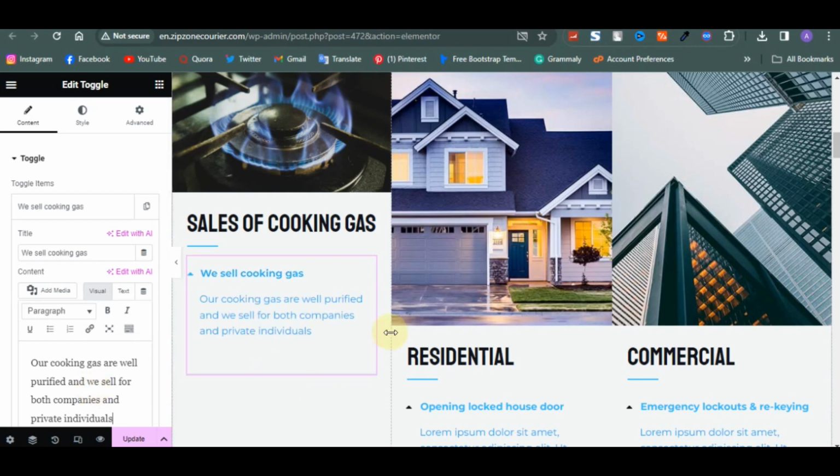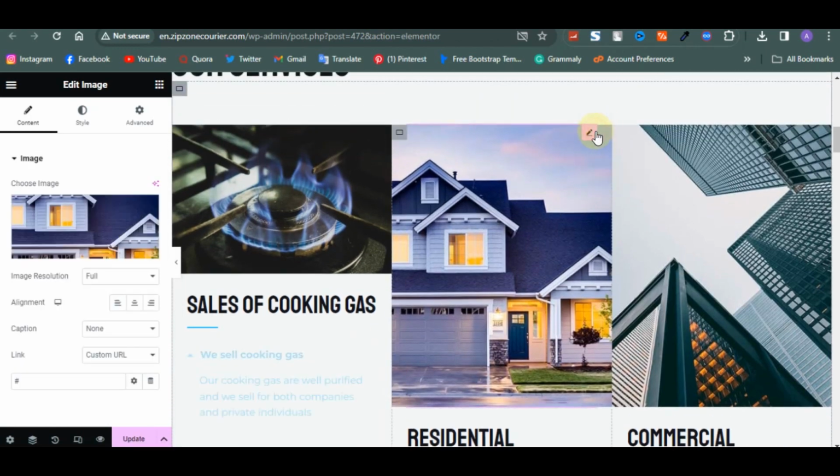So now we have this. The next part, you come here. Now we'll do cooking gas, then probably we'll do